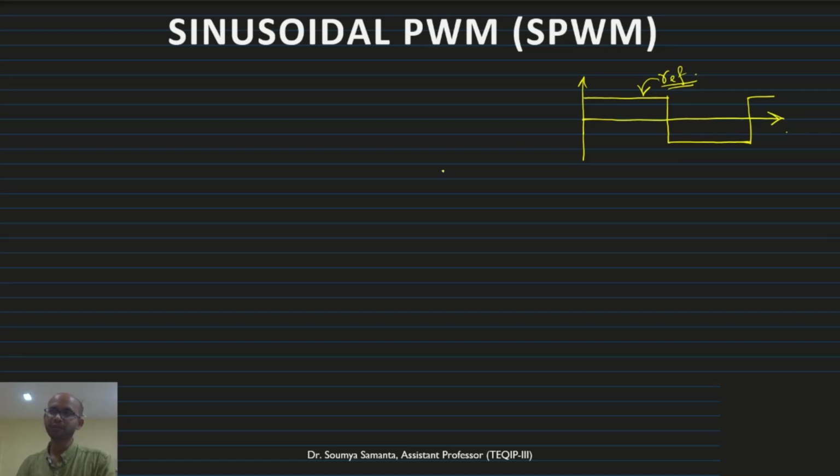Now how do we modulate the pulse? If we directly give the reference signal as a pulse, then we will get the square wave. If you want to modulate, we have to compare this through the comparator. This signal is called the carrier signal. Now, how is the carrier signal? There are 2 ways you can draw it. Let me divide this part. This is the peak, this is also a peak. There are 2 ways we can do it, either from 0 to 1 or from 1 to -1.